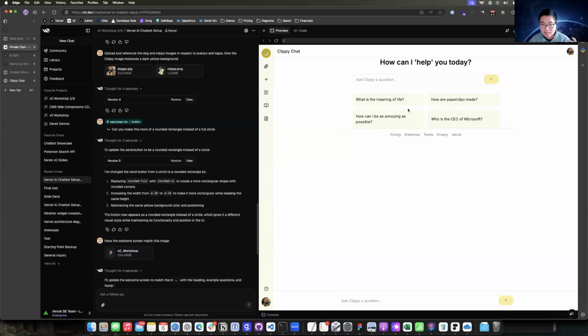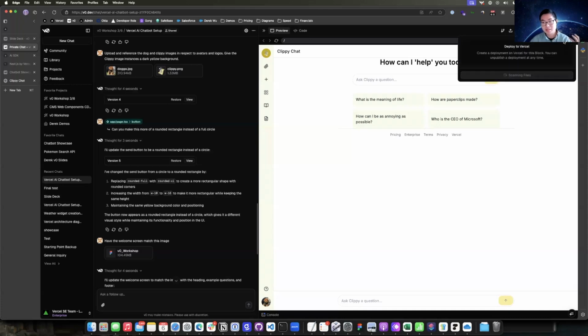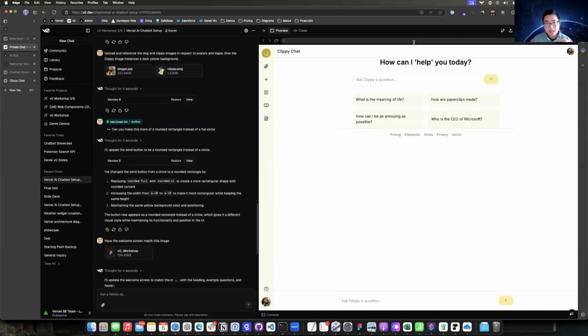But let's just say for a moment that we've refined this and we're ready to deploy it. I understand that right now it doesn't really look like it, but let's go ahead and deploy what we have so far. And with V0, it's incredibly easy to deploy on Vercel. All you have to do is hit this button and it automatically starts. Now, while we're waiting for this application to deploy, let's dive under the hood